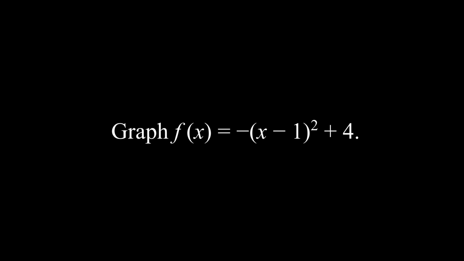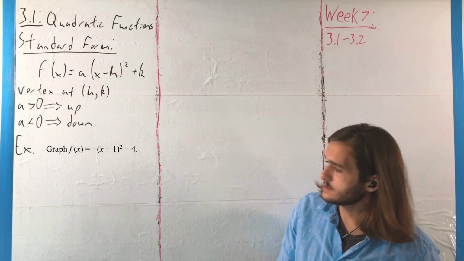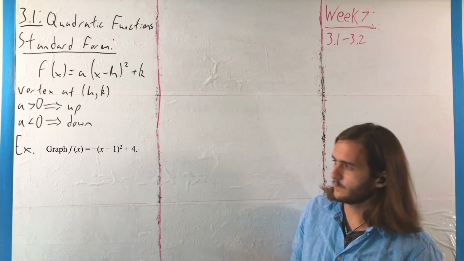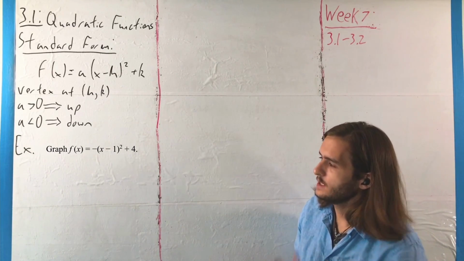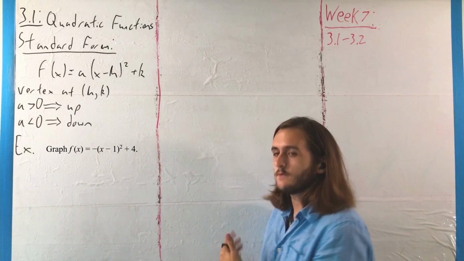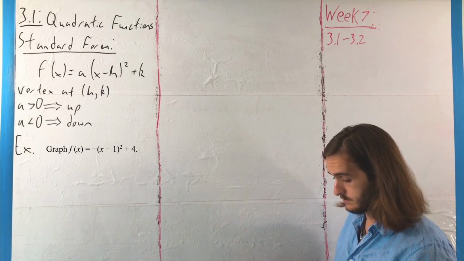For this example, we want to graph the quadratic negative quantity x minus 1 squared plus 4. So what we want to do here to start is translate the information that we have with that equation, with that function, into the pieces that we need from that general form, where we are given that, for one,